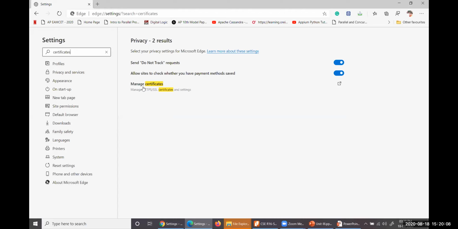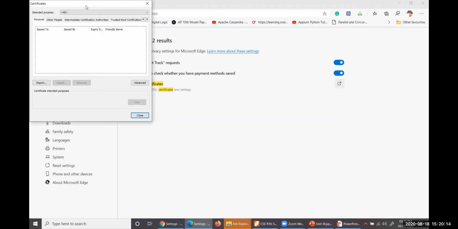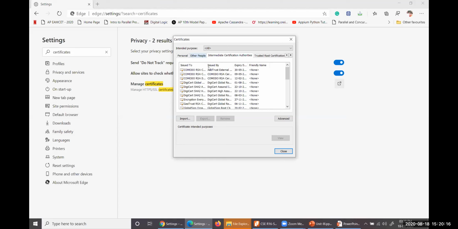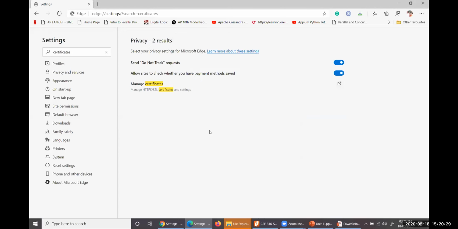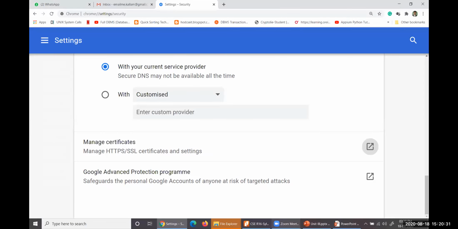Here, manage certificates, manage HTTPS and SSL certificates, and go about this one. The same certificates will be taken into consideration here. You can install any browser. I have installed approximately 3 browsers. All these 3 browsers will satisfy the same certificates here. Without these certificates, you could not access the browser.